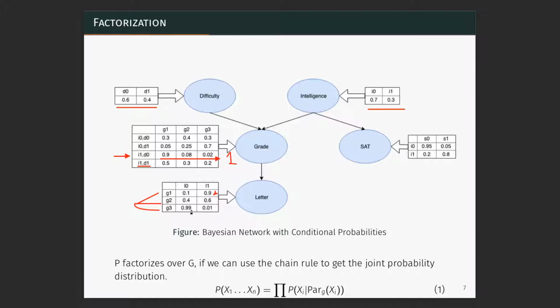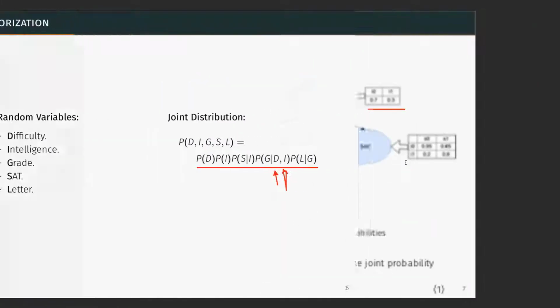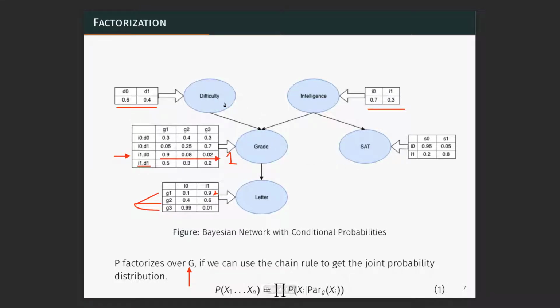classify something. We say that P, which is the joint probability distribution, factorizes over G. Here G is the graph, the graph we were seeing in the lines above. We can use the chain rule to get the joint probability distribution. So we saw here in this equation that the joint probability distribution will be this probability of difficulty